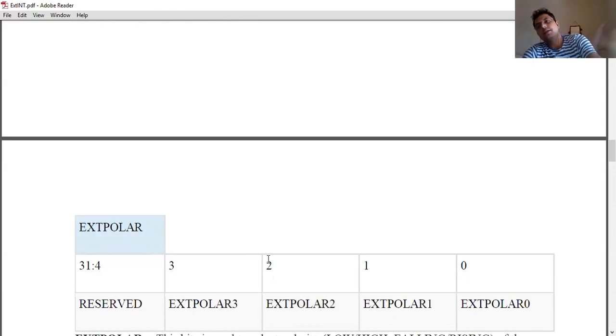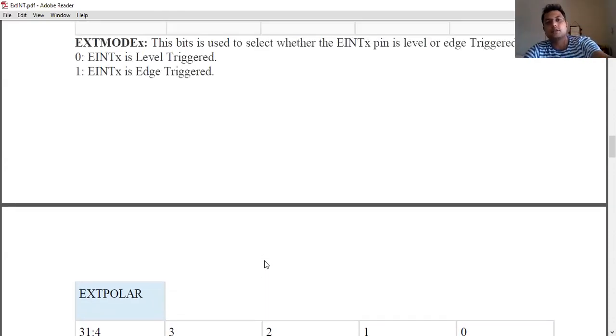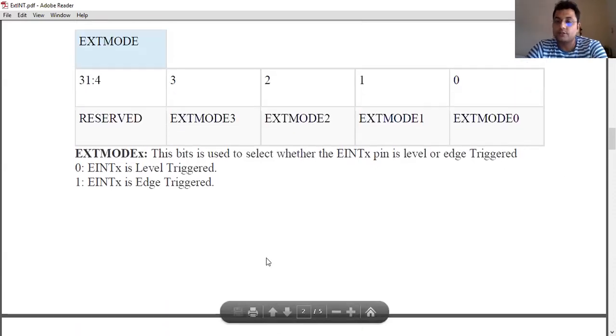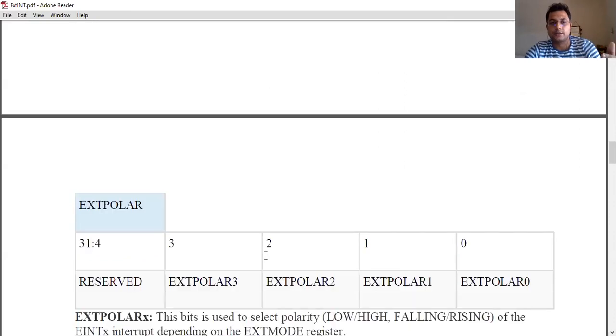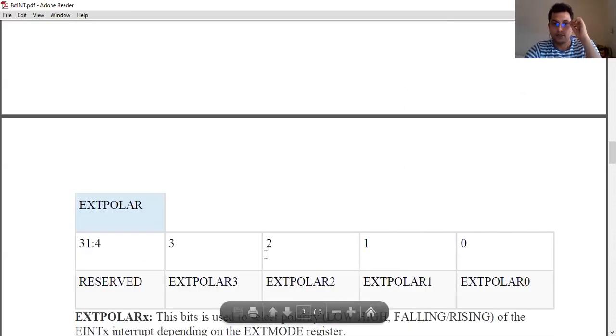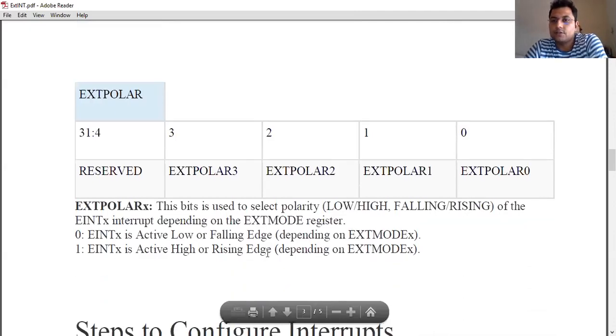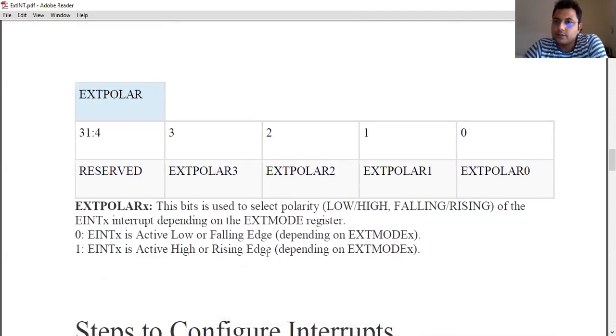So always, in understanding the external mode register, we can make some meaning out of the external polarity register. In the external polarity register, likewise, because we are dealing with 4 interrupts, every bit position corresponds to an external interrupt. And so the 0 means, corresponding to the mode,